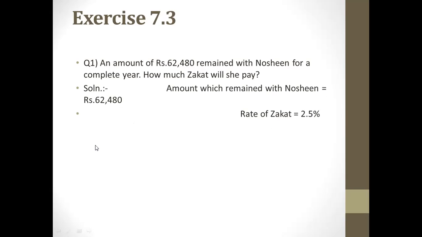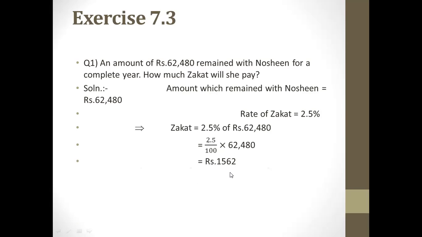This is the Islamic ratio which is given, that on money you have to pay 2.5% zakat. This is a fixed value. So zakat is 2.5% of rupees 62,480. 2.5% means 2.5 divided by 100 multiplied by 62,480. So you multiply 2.5 with 62,480 with your calculator and then divide by 100. You get rupees